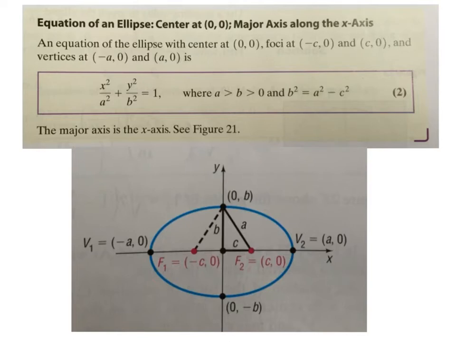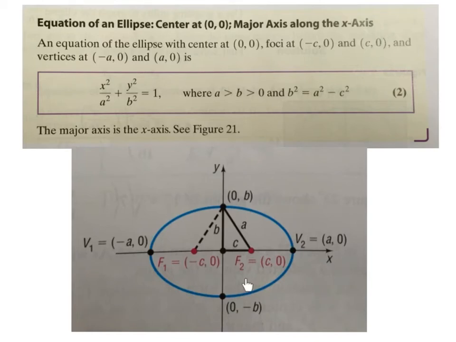So if I have one that has the major axis along the x-axis, this is the equation that I'm going to use, where I have x squared over a squared plus y squared over b squared equals 1. So with this one and the next one, x and y will always stay in this position on top, x first and then y second. It's going to be the a and the b that's going to change. The a value is always greater than the b value,